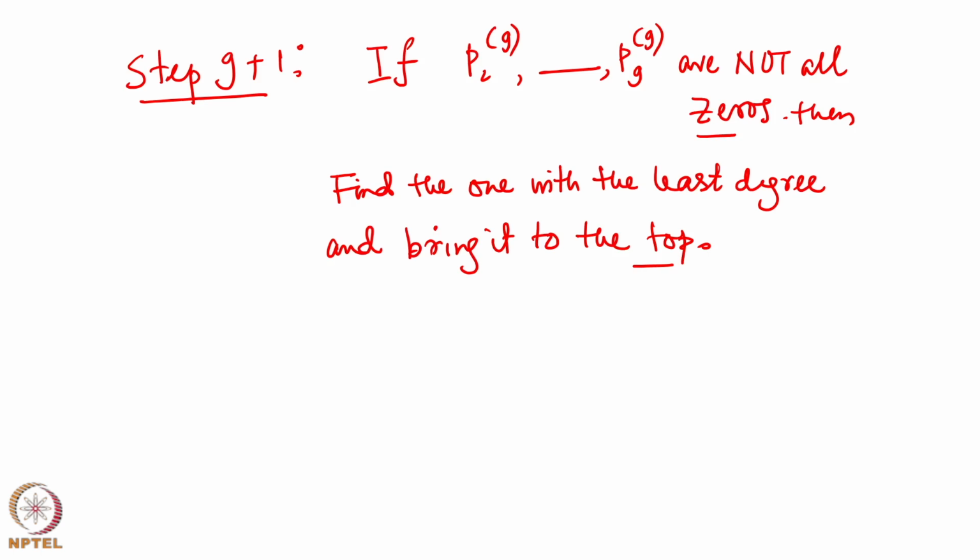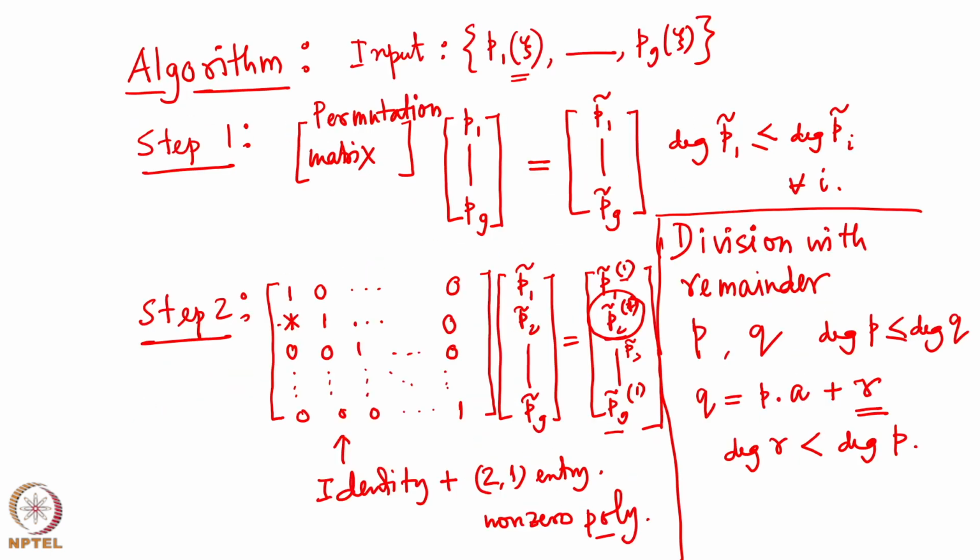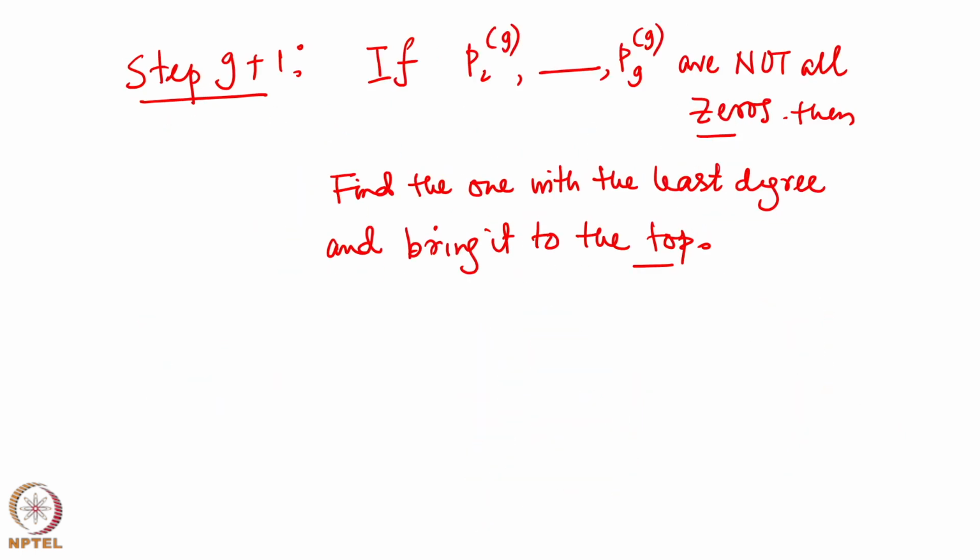But if not all of them are 0, then I do this step g plus 1, and then I just go back to step 2 and repeat what I was doing. What does that mean? If I go back to step 2 and repeat,